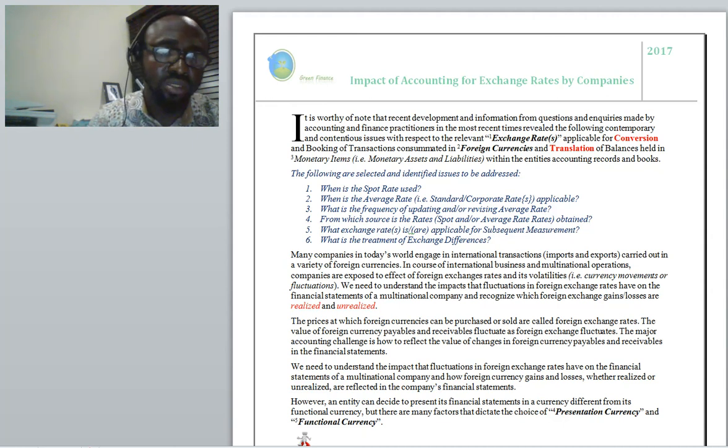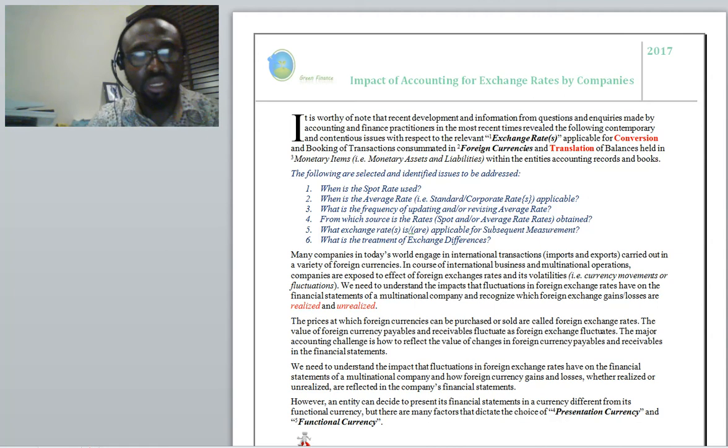If I'm able to purchase a dollar for 500 naira today, and I purchase 1,000 units of dollars at a rate of 500,000 naira, and I use that $1,000 to buy the goods I wanted, in my books the spot rate represents the rate at which the immediate transaction is being conducted, or the rate at which I am able to deliver my naira in exchange for the units of dollars I demanded. And that's what we mean by spot rate in simple terms.